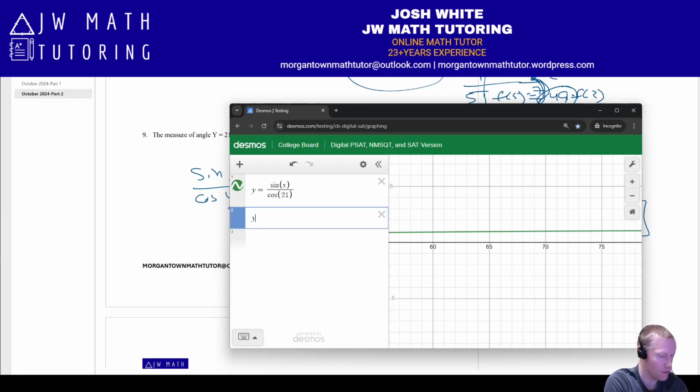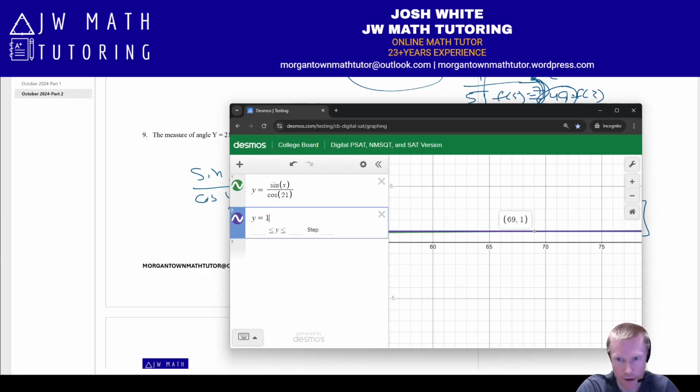Let's say if we do this. Yes, right here. Now it lets me click on it. Okay, so you can see right there the value for x that you can get is just 69 degrees, and